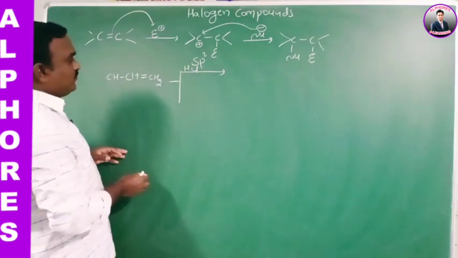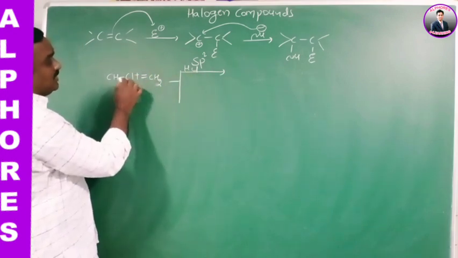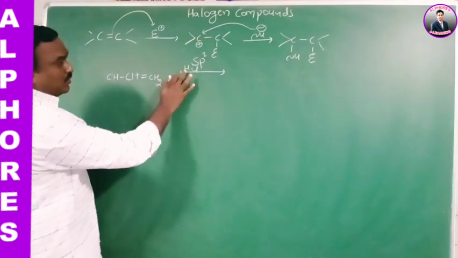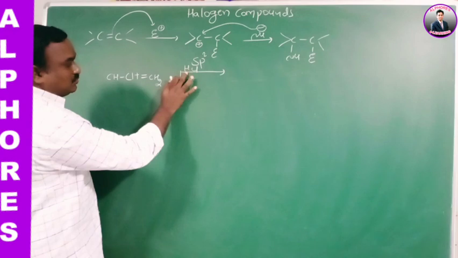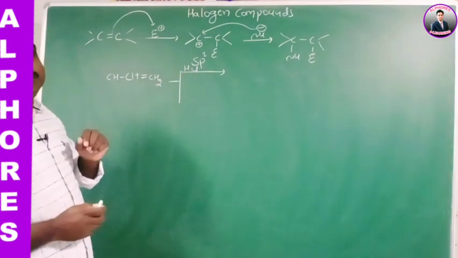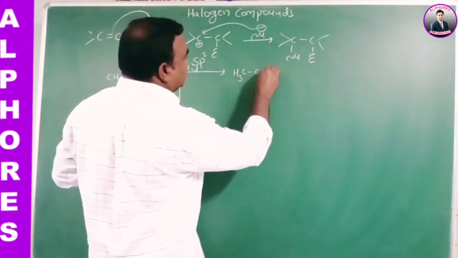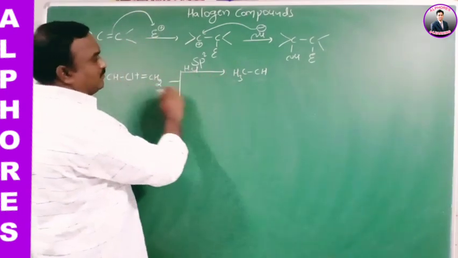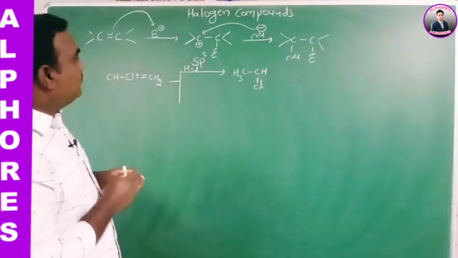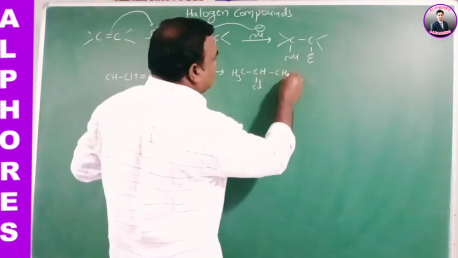According to the Markovnikov rule, the nucleophile is added to the more substituted carbon, which has fewer hydrogens. According to the Markovnikov rule, the electrophile is added to the less substituted carbon, which has more hydrogens. That means here CH3, again CH, Cl is added to the middle carbon. Reason: at the more substituted carbon, a more stable intermediate is formed if you write the mechanism. Again, the electrophile is added to the CH2